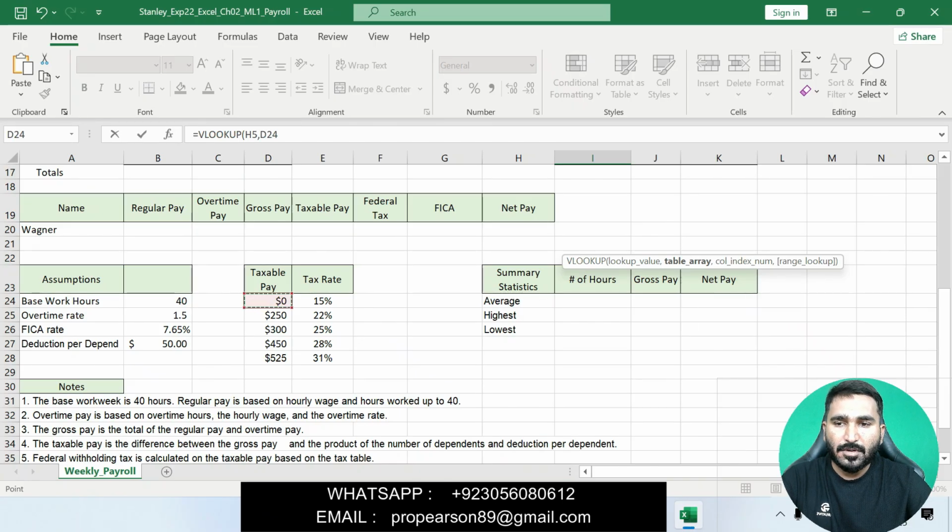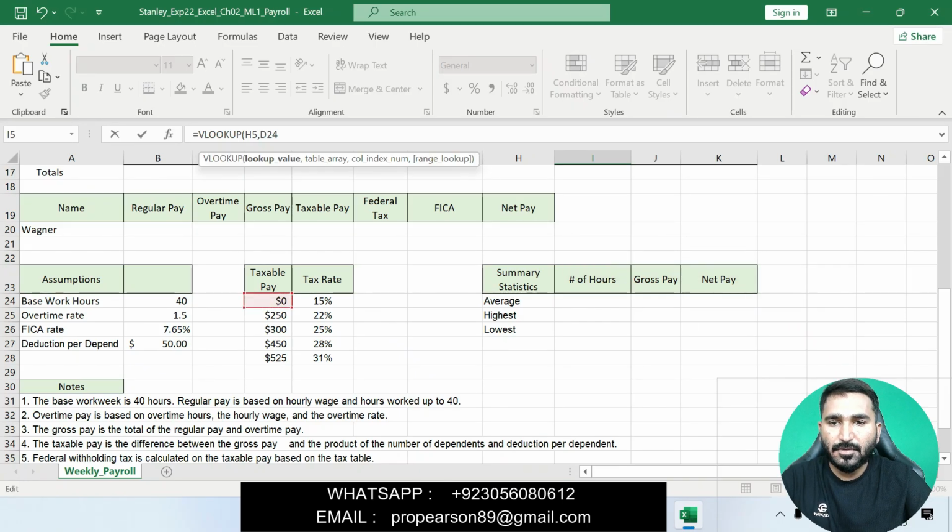D24 is an absolute reference value. Enter the $ sign. D24 to E28. E28 is also an absolute reference value.